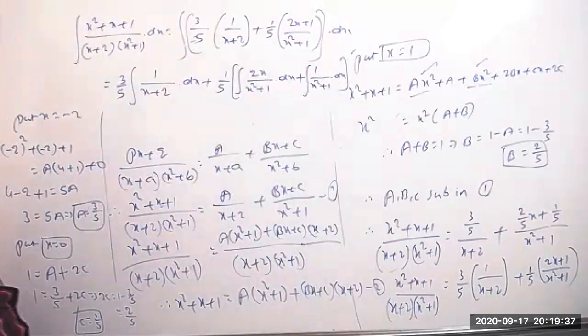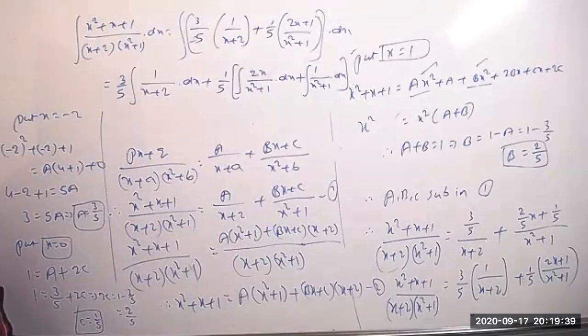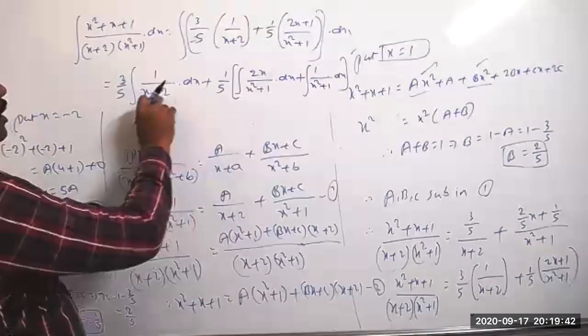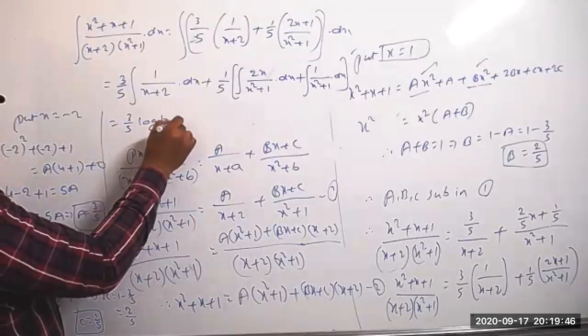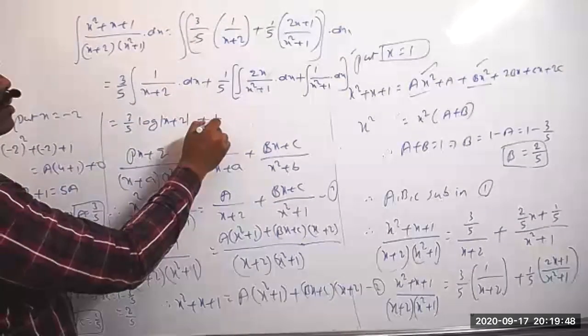Then it's very easy. In this case you can take substitution. This one directly will give 3 by 5 into the log modulus of x plus 2. We got that clearly. So 1 by 5 into...